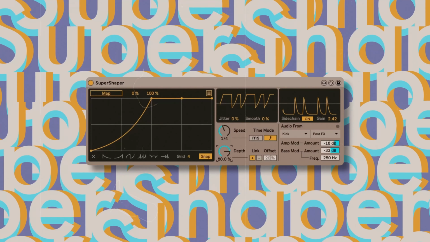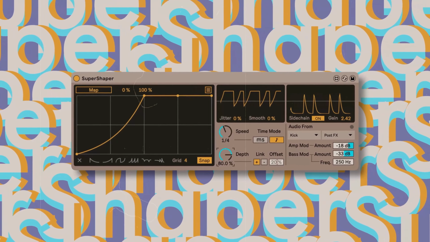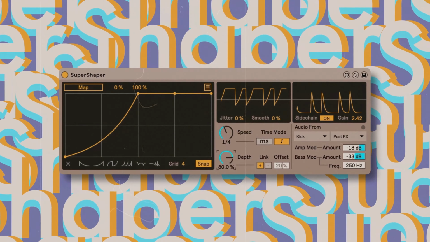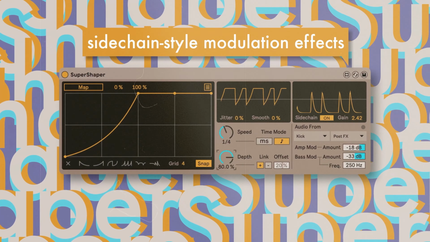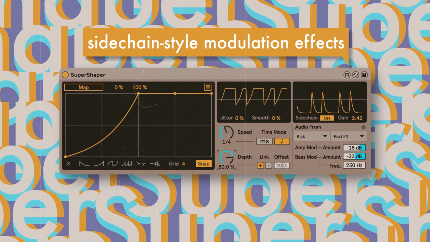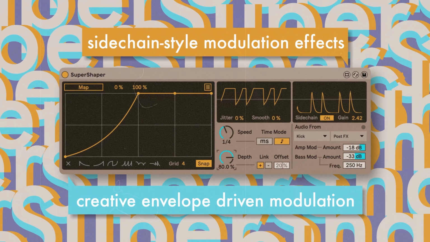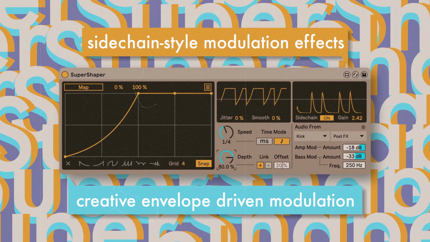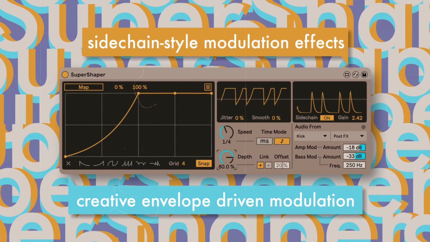Hey, let me show you something cool. SuperShaper. If you're using Ableton and you want to simplify the process of creating sidechain-style volume modulation effects and many other creative modulation effects that can add movement and life to your tracks, this might be just the device for you. So, initially this is going to be a video about how to achieve these kinds of effects in Ableton